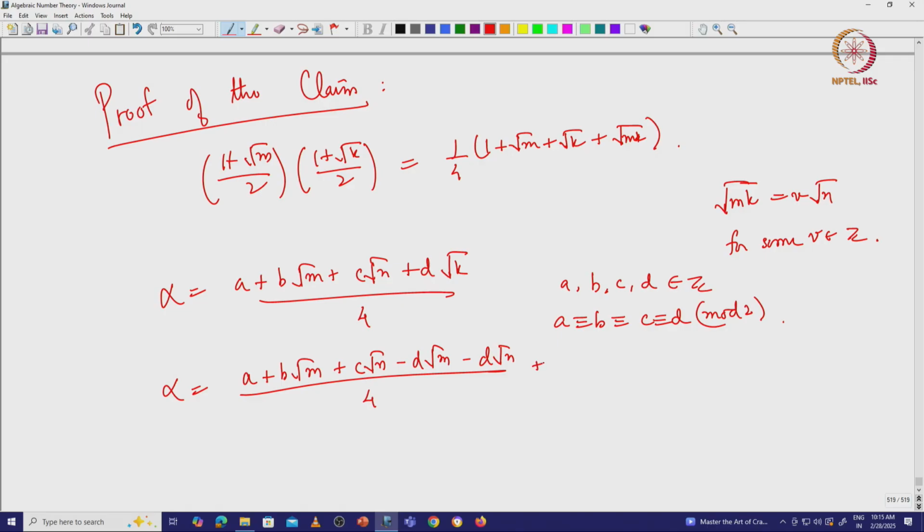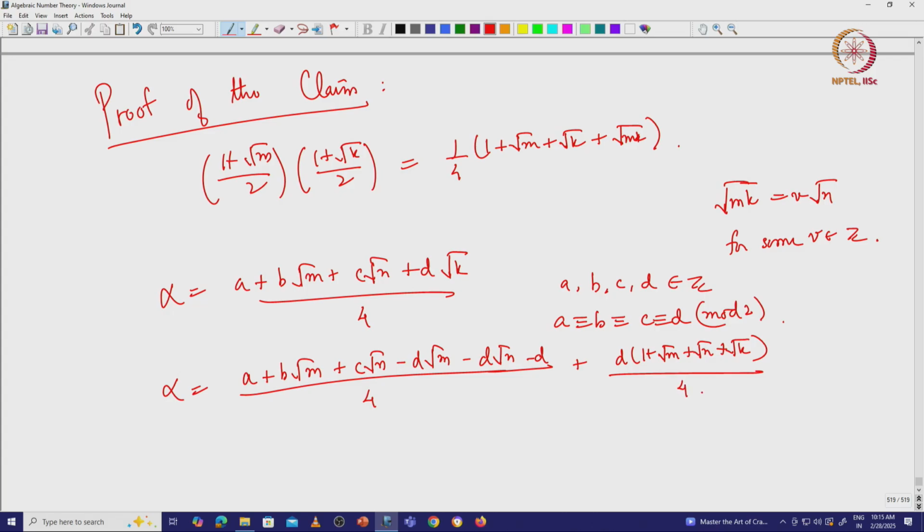So, I should have plus maybe one more term, sorry, not just this one, but minus d, and then I should add all those terms. So, I should get d times 1 plus square root of m plus square root of n plus square root of k by 4,